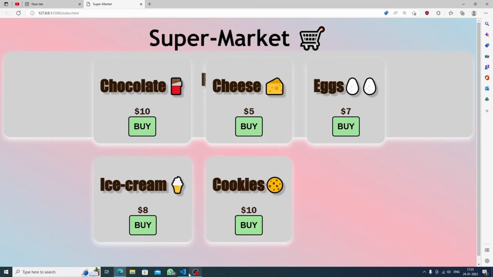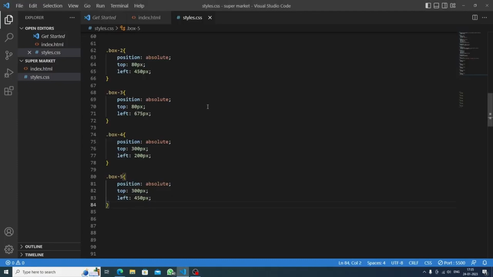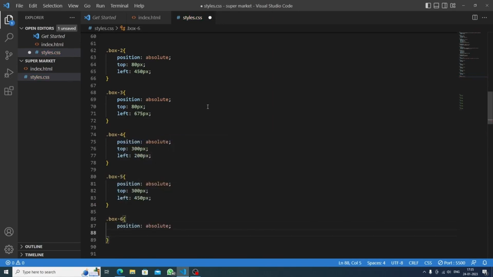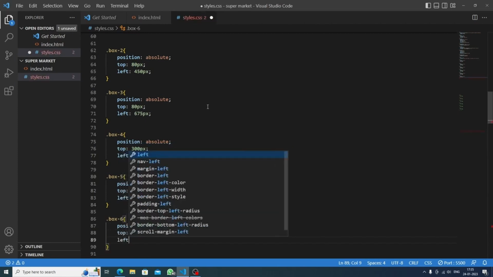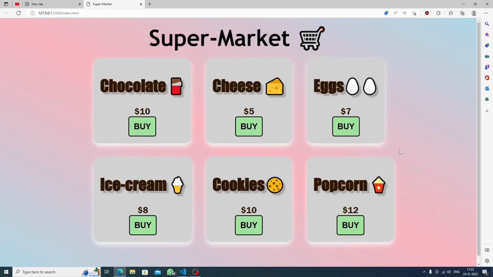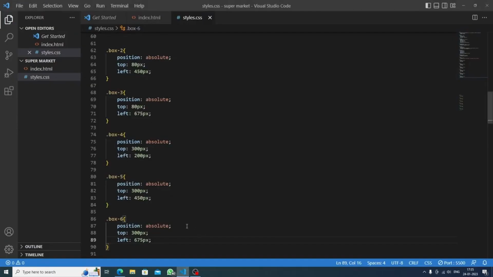This is perfectly done. Now we will just target the last box, which is box 6, and we can have position absolute, and we will go with the top, and let's do 300 pixels. From the left side we can have 675 pixels because we have already done it above. Okay, then we are perfectly done with our supermarket store,